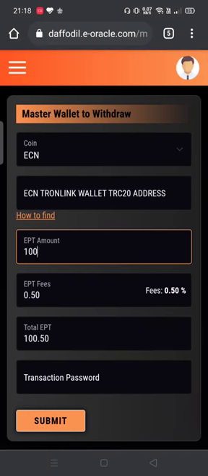So this is the new change which happened today itself. To avoid all the confusion and price variations, since ECN is a crypto coin, there will obviously be price variation. To help the community and streamline the process, they have given the EPT option now. That means it will be shown in EPT, but the payout will happen in ECN on the Monday. Whatever the payout day price is, at that price you will be getting the ECN. So I hope this is clear.